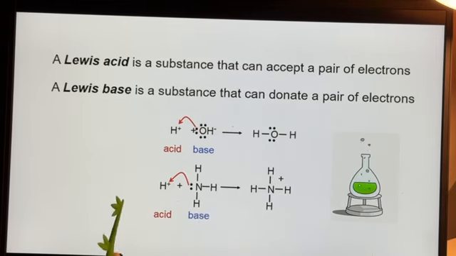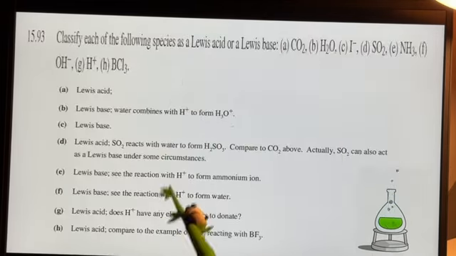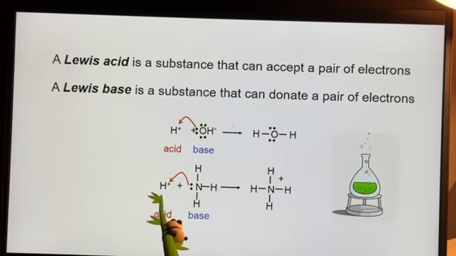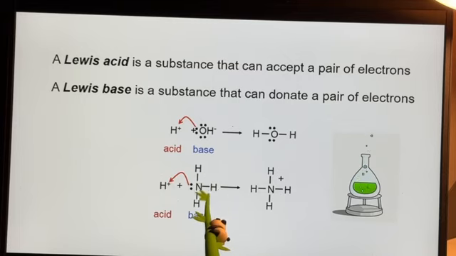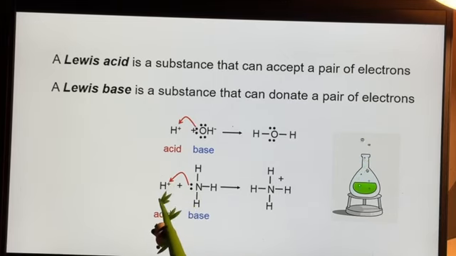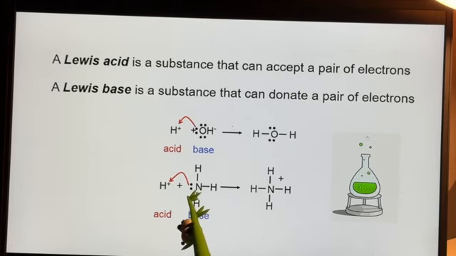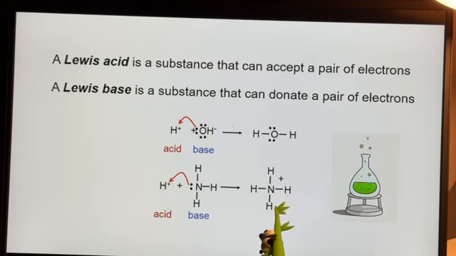Example number 2. I have here H plus ion and ammonia. In ammonia, the nitrogen is having a lone pair of electrons. This lone pair of electrons is donated by NH3 to the H plus ion, which in turn forms a bond between NH3 and hydrogen ion,